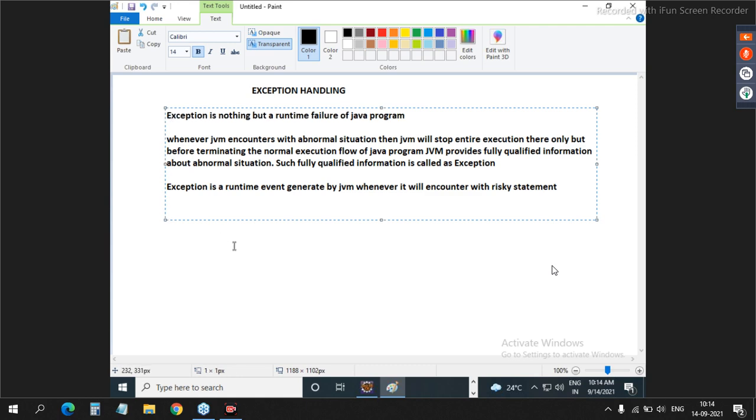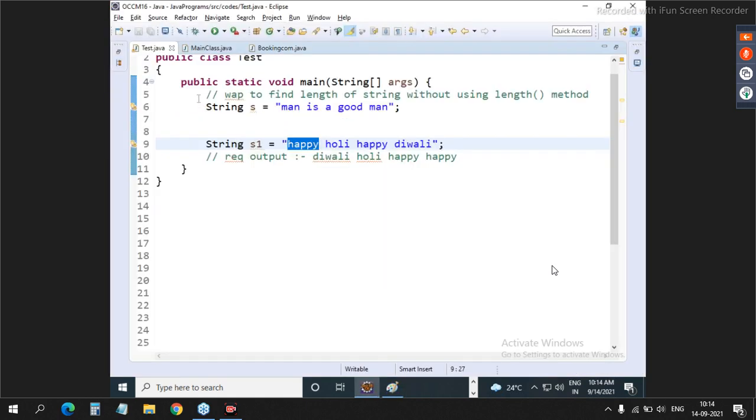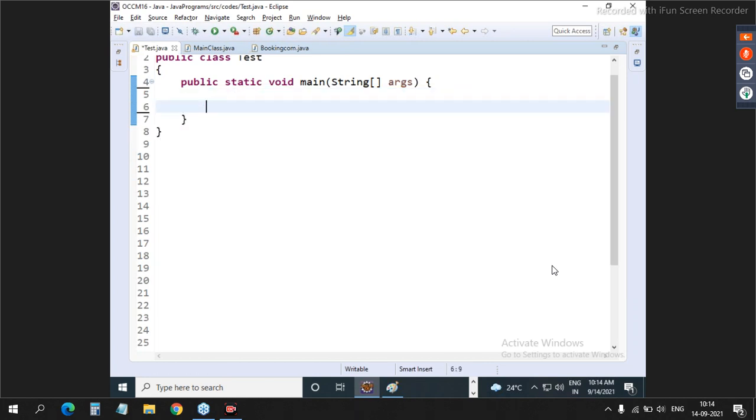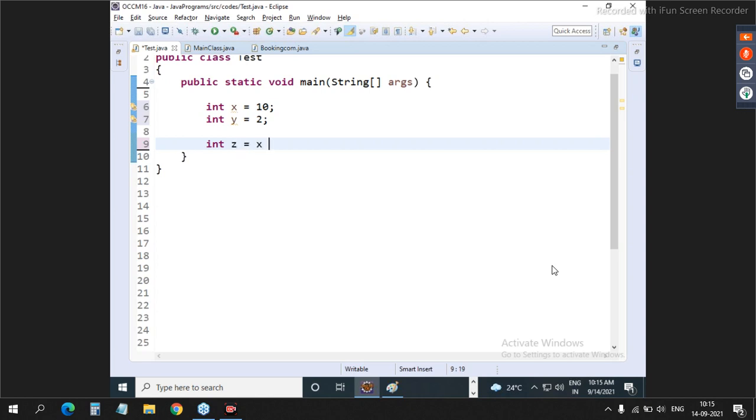So guys, I'll show you that fully qualified information. Here we will say int x equals 10, int y equals 2, int z equals x by y, and now I will print the value of z.